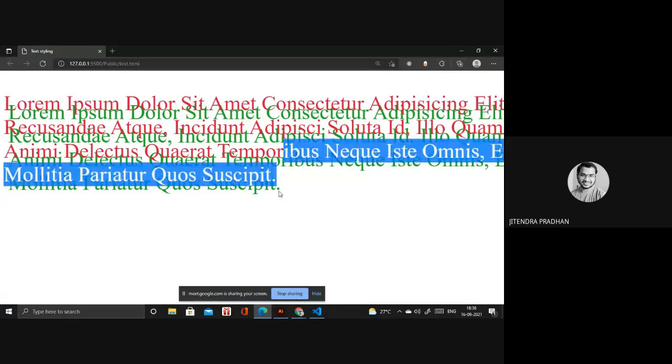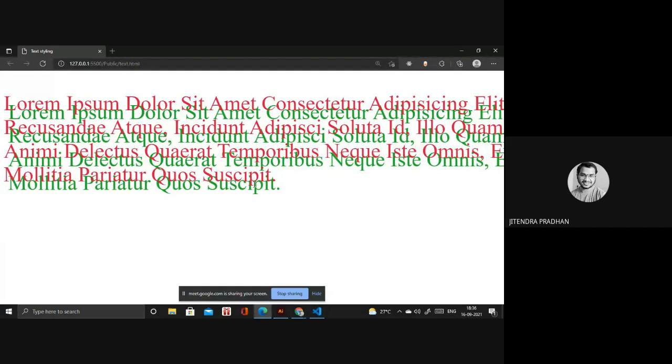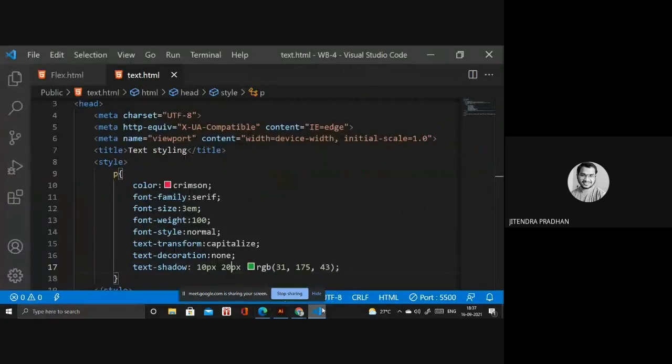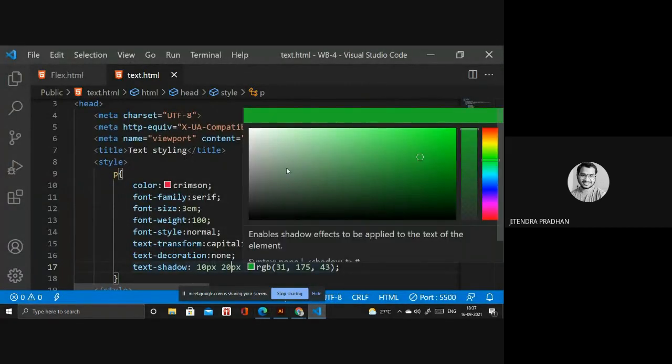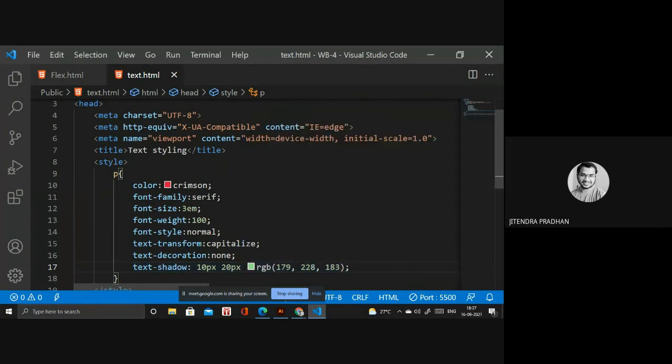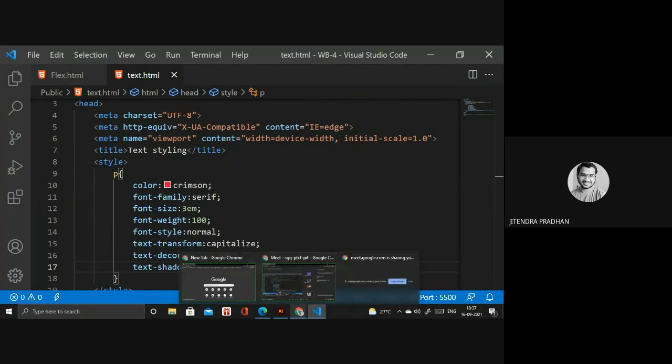Okay, so if you want to give any particular text shadow, then you can. And if you want to give the font something like a transparency color, then you can, not an issue. So you have to give rgba, at that time you have to give that.